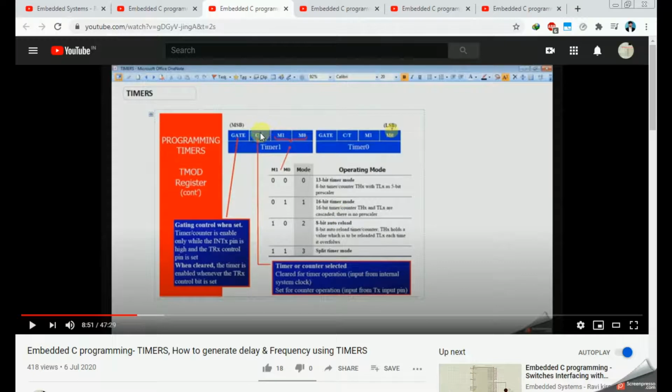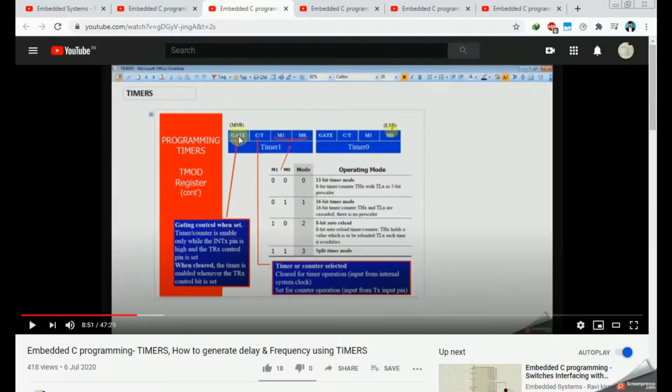If we give C by T bar 0, then it will act as timer 0. If we give C by T bar as 1, then it will act as counter. This already we discussed in previous video.